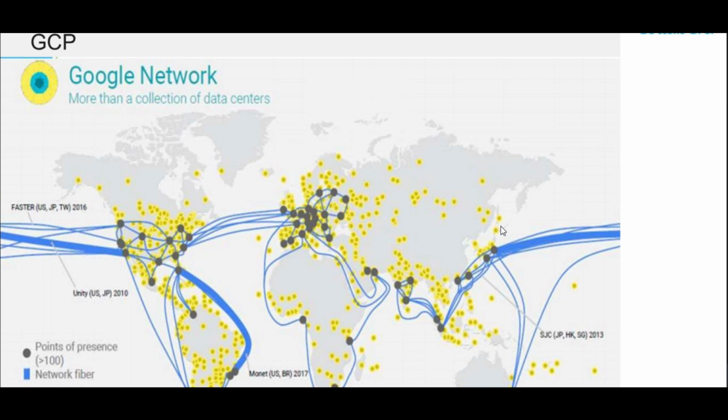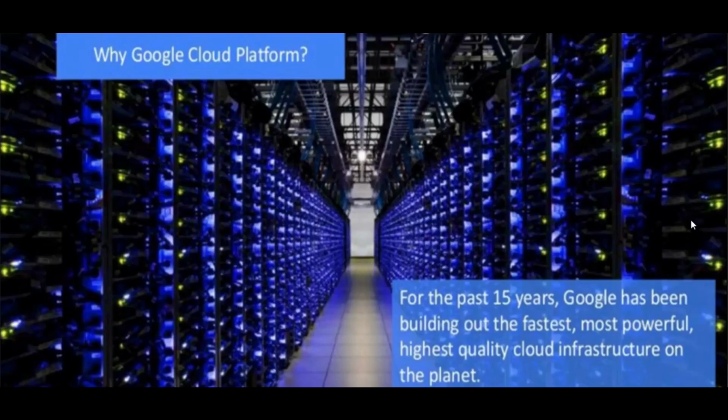All right. Now this is one of the images of the data centers. So here you can see these are the racks, and inside the racks there are servers that are inserted, and all these servers are interconnected. For the past 15 years, Google has been building out the fastest, most powerful, highest quality cloud infrastructure on the planet.